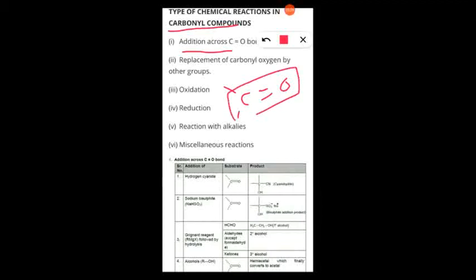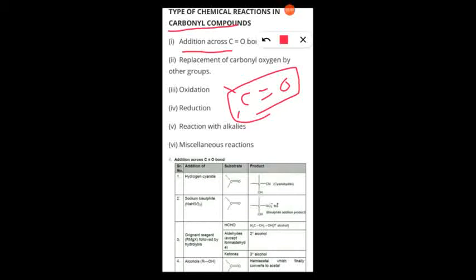The second type of reaction is replacement of carbonyl oxygen by another group. This oxygen is to be replaced by the other. And simply oxidation of this aldehyde, or reduction, reaction with alkali, or any other miscellaneous reactions are there. So here we will discuss first reaction with